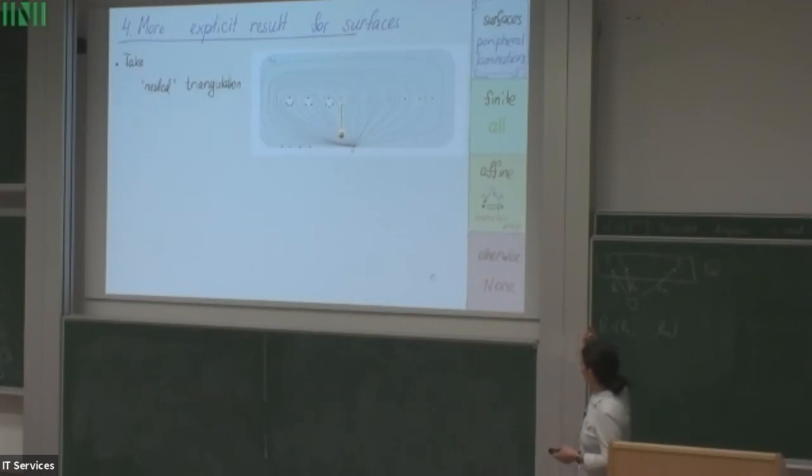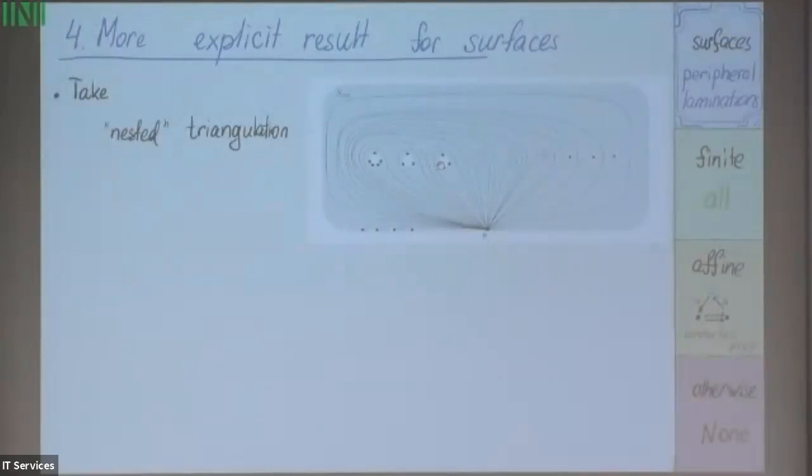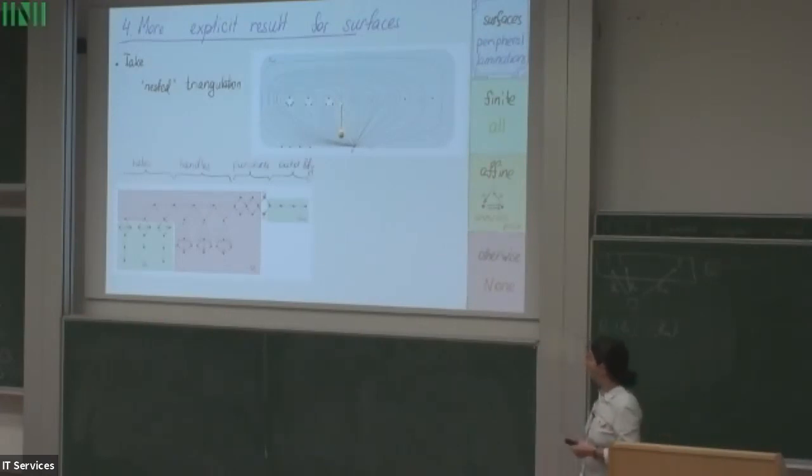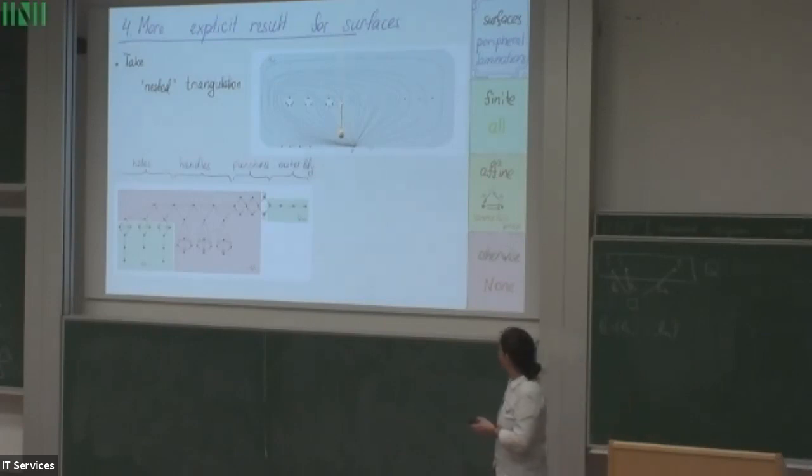So for this, let me consider a specific triangulation, like a nested triangulation, where I first have all holes, then all handles, and then all punctures, and they all sit one inside another. And I can construct a quiver for that. It is again easy to control. You have just a chain of different features. And if I do this, then my theorem about peripheral laminations will